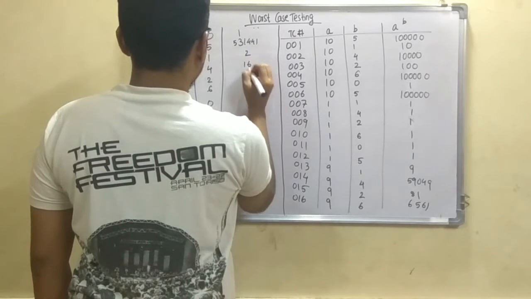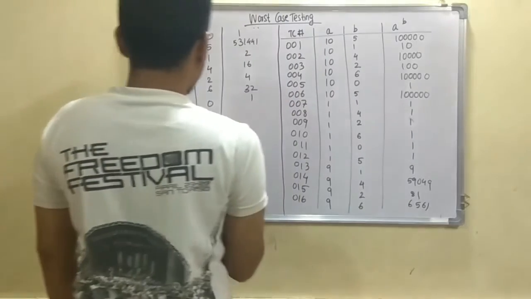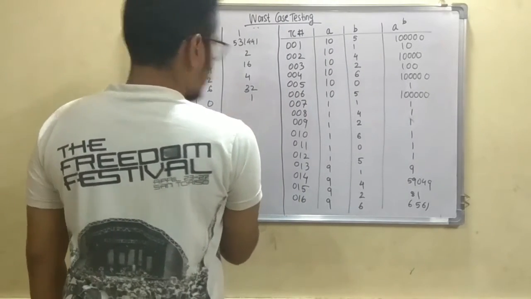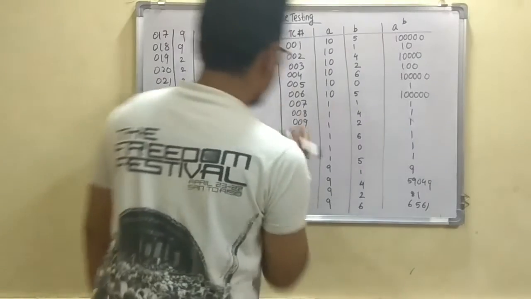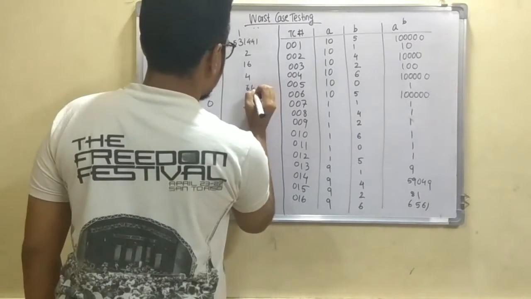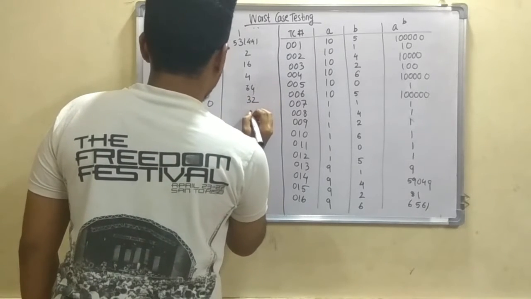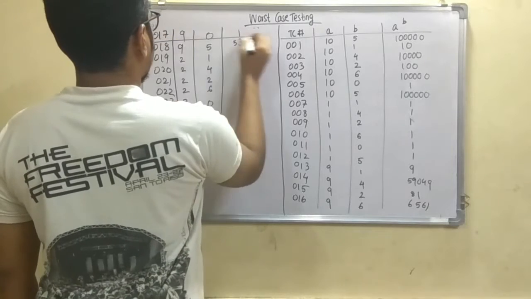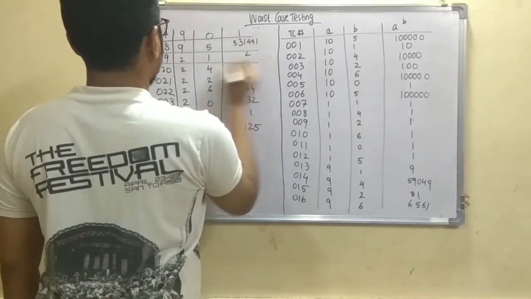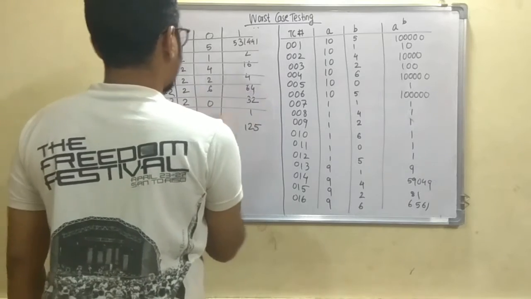This will be 16. This will be 4. This will be 32. 2 raised to 0 is 1. And here one value is there, I missed it out. This one value is there, 64, and you have then 32. And then 2 raised to 0 is 1, and then you have 125. So a bit of a mismatch has occurred in this. So no worries, this problem you can solve easily.